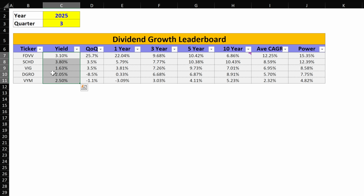We really care about the growth. And now within dividend growth, we have quarter over quarter. So this is just a single quarter, quarter 3 this year, over last year's quarter 3. These will bounce all over. Every quarter we have a new hero, and you can see our hero this quarter. And then we have a 1-year CAGR, full trailing 12 over the 12 months before, a 3, 5, and 10-year